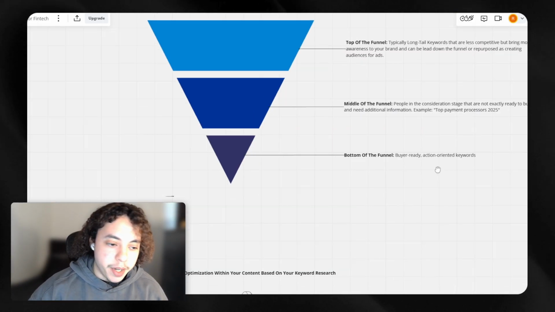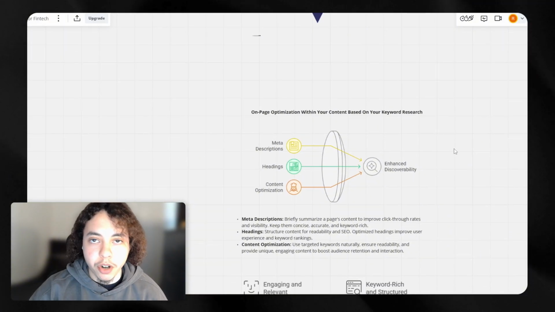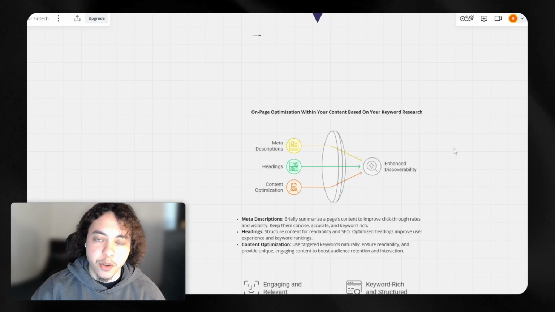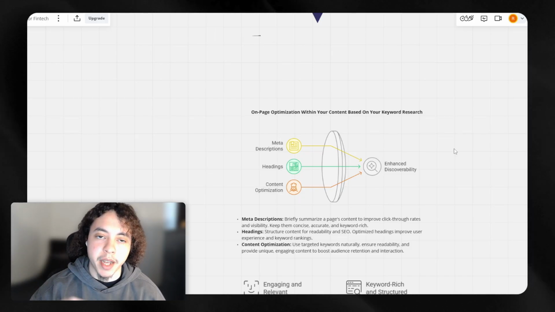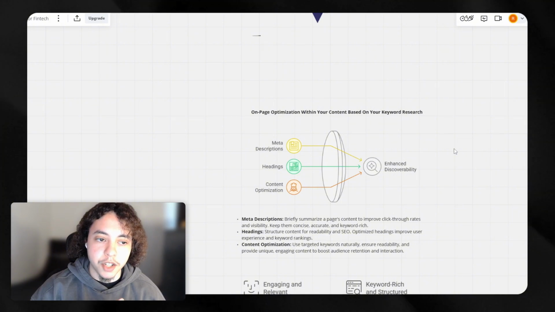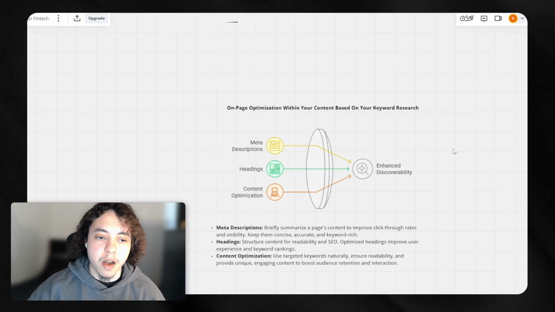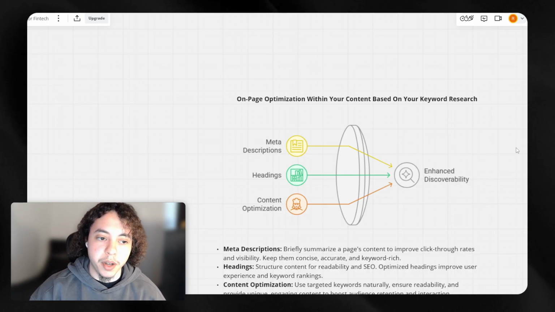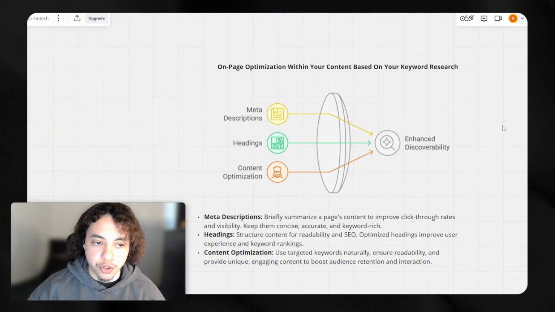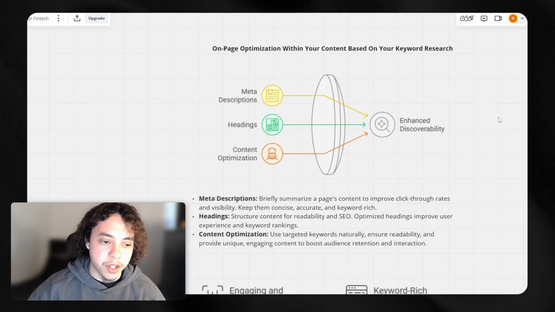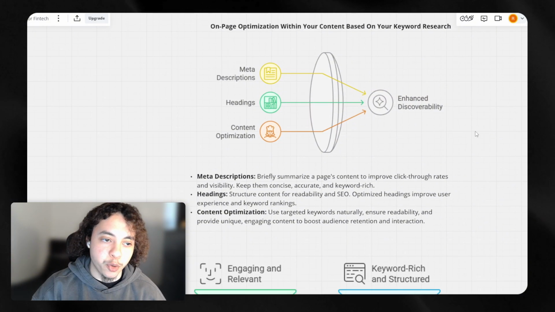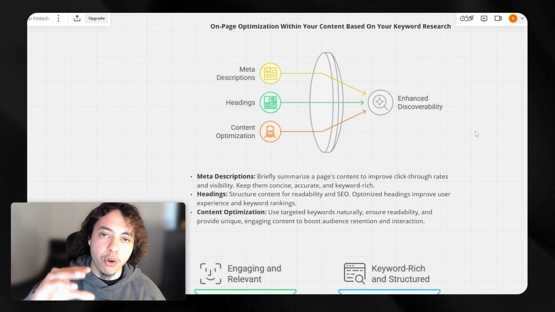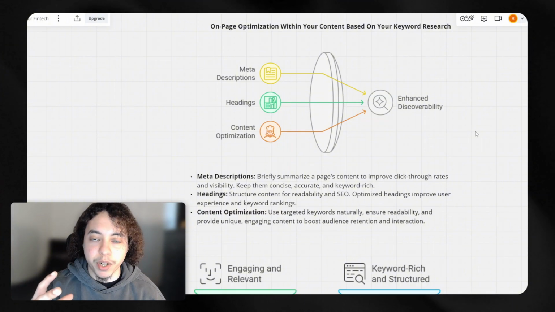So after you've planned out the exact type of keywords you're going to be targeting, and organized them, whether they're going to be top, middle, or bottom of the funnel, and you have a good idea of your overall content calendar, the next step is to create content that is on-page optimized based on the keyword research you've done. These are the main components when it comes to optimizing your on-page SEO, which are your meta tags, meaning your meta descriptions, and your title tags, which would basically be the overall ad when it comes to the Google